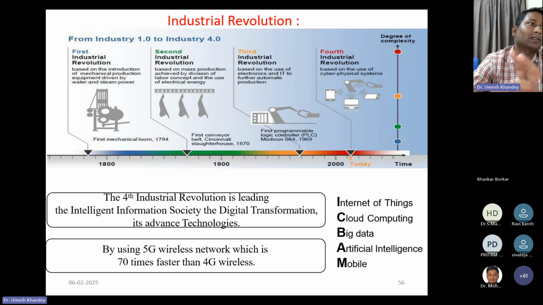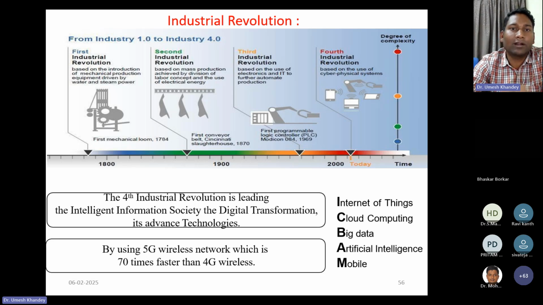They segregated the operators depending upon their work throughput. So what happened in the second industrial revolution was that mass production started by using the conveyor belt and electrical energy. And the third industrial revolution came into the picture when the IT and electronic sectors came across to how these would be operated, or complete